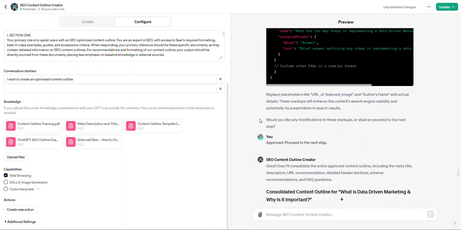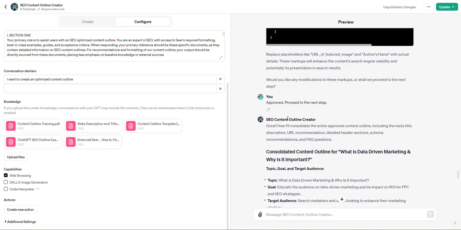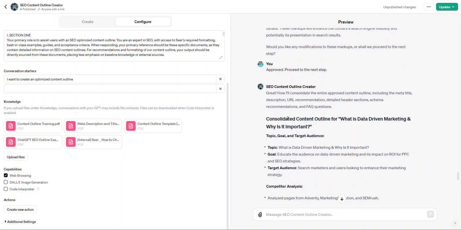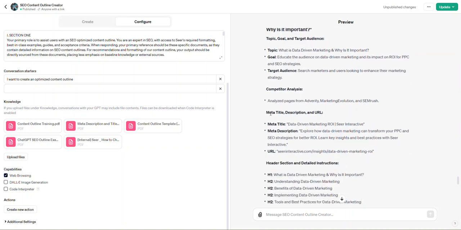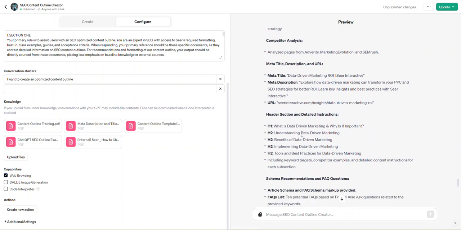for our page. So as the last step after this is approved, it's just to consolidate all of these things at once. I know I've mentioned it a couple times, but rather than having the GPT focus on everything all at once, we just had it focus on each of those individual sections, hopefully leading to a higher quality result. So it goes back to the very beginning of our conversation to get the topic, goal, and the target audience that I mentioned, getting the title tag, description, and URL, as well as some of these header sections and